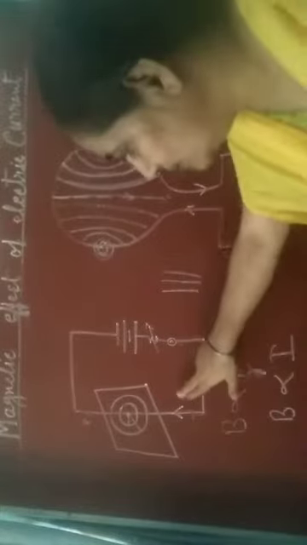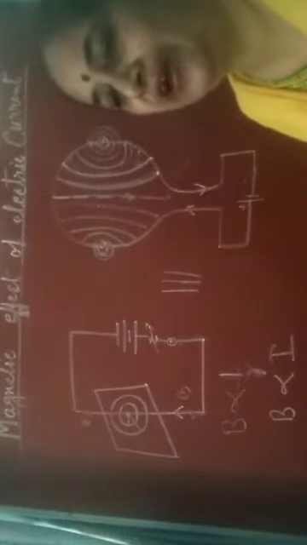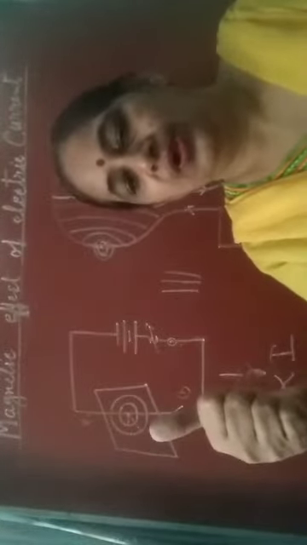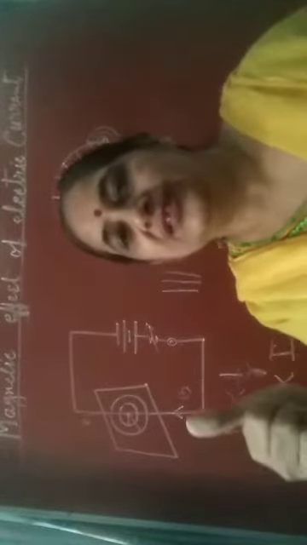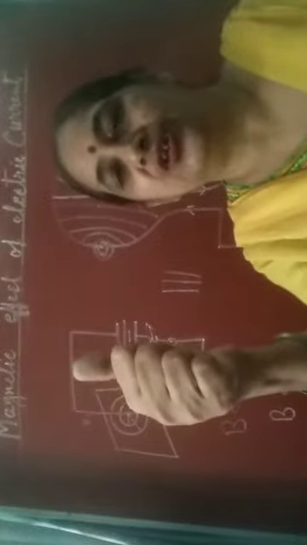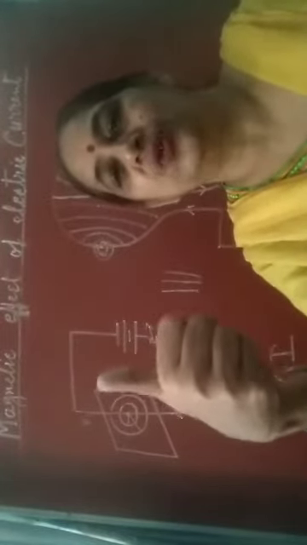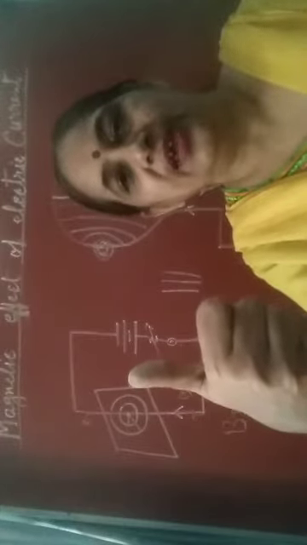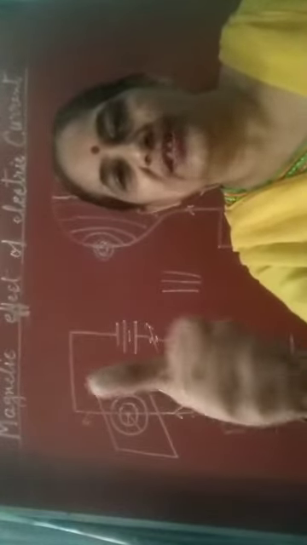First of all, let us come again to the straight conductor. The magnetic field around the straight conductor is formed in the form of concentric circles, and the direction of the magnetic field is given by the right hand thumb rule. In which direction the magnetic field will be with respect to the current is given by the right hand thumb rule. Right hand thumb rule states that if you hold a wire in your right hand in such a way that the thumb shows the direction of the current, then the curl of the fingers will show the direction of the magnetic field.